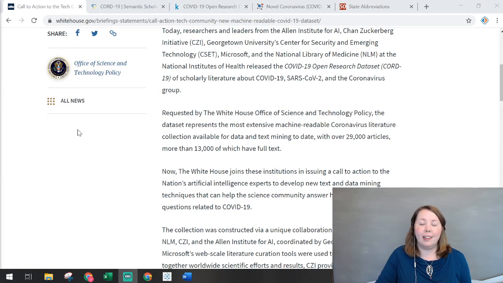Essentially 29,000 different articles, 13,000 of them with full text. It's interesting to me how 10 years ago, when we had things like the avian flu hitting everywhere, I didn't remember seeing this as any sort of focus, as something that could be a way to help manage and mitigate and minimize the influence.